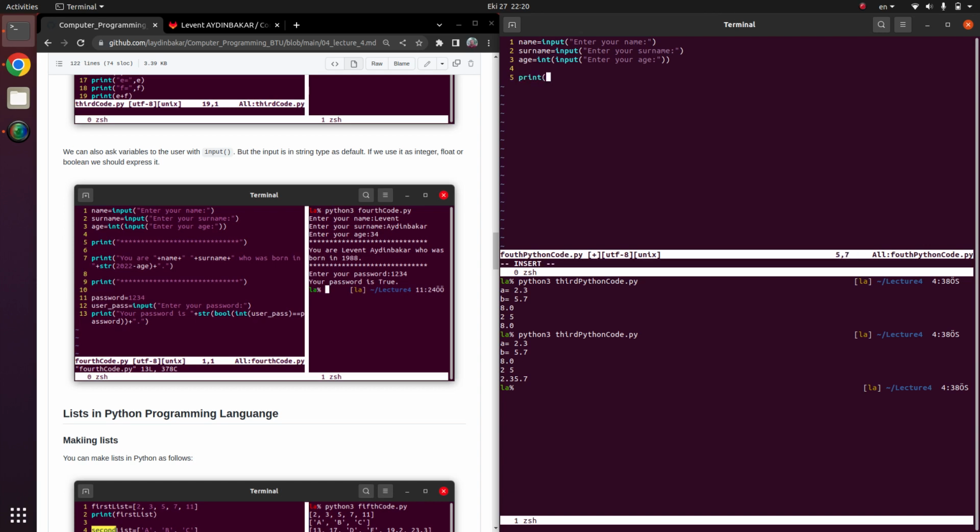We can make a good separation with stars, and we can print saying that you are plus name plus surname. Because these two are strings, we can just add them, and we can just continue typing, right? Who was born in